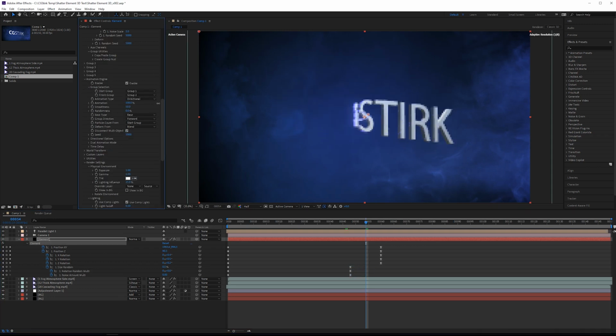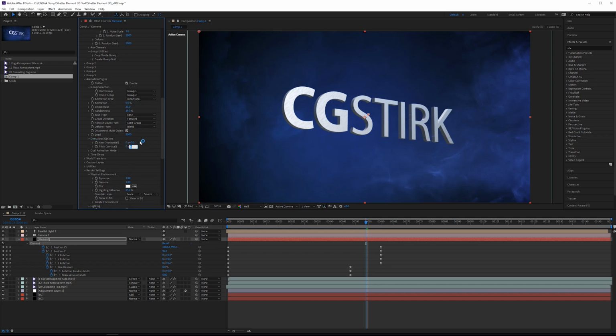So as we increase the animation, you can see it's kind of being pulled in from the sides. A little bit too smooth, so we can lower the smoothness here and increase the randomness a bit. And then you can have all the pieces kind of pulled from the side. Or since this is directional, you can have it from the top. So go into your direction options, go down to the vertical direction. And if you increase that by 90 degrees, you can have it come from the top or the bottom. You can do the inverse of that too.